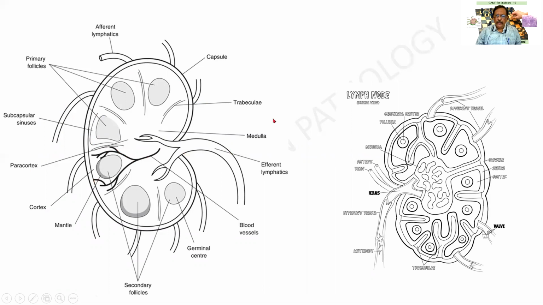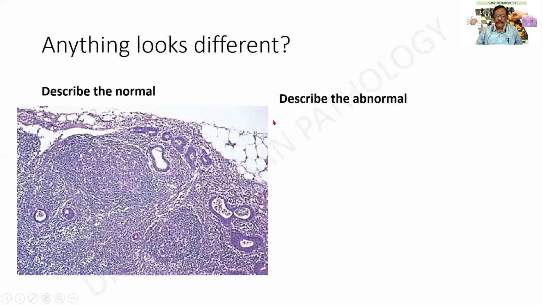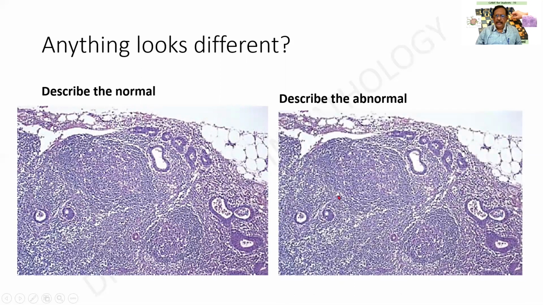A number of diagrams are shown to you people only for a revision. Now, in this particular slide, let us recollect what are all the normal structures that we had earlier discussed. Externally, there will be a capsule, there will be large lymphoid follicles, and there may be subcapsular sinusoids. These are the normal things. But what is abnormal, we shall be seeing in this slide again. It is the same one, but I am concentrating only on the abnormal.